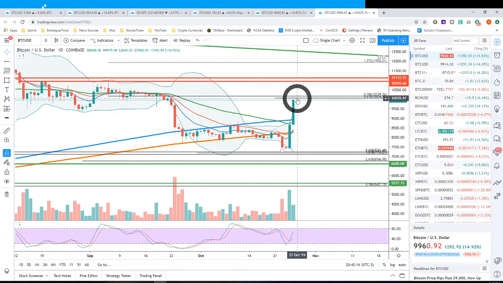Getting close. Hitting a lot of stops. There's a lot of stop losses. Let's see what